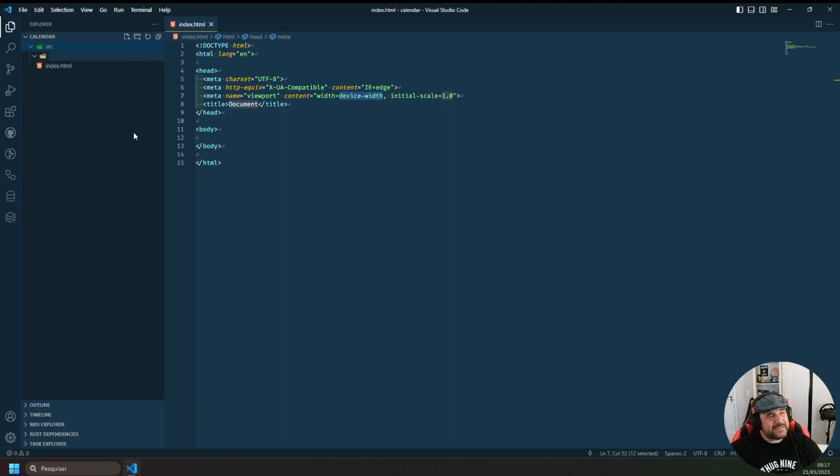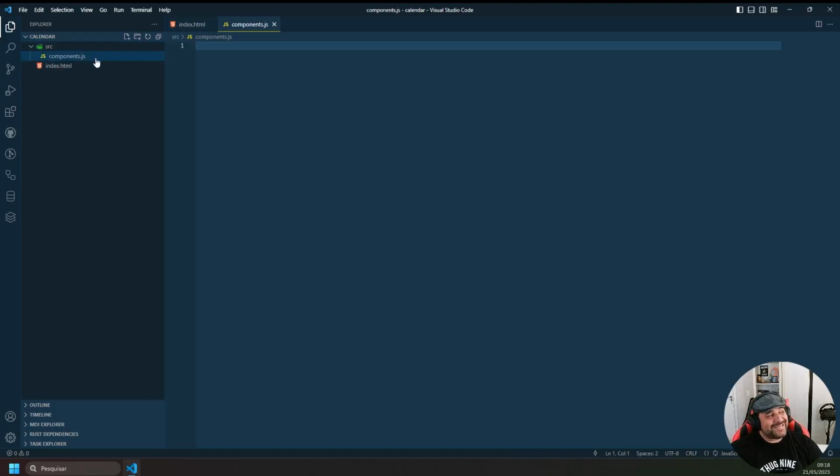Should I have assets? Probably not. But source components. No, I just have the component here. So, okay, I have source. I will have components.js. And why components and not just component? Although this is just for the calendar,